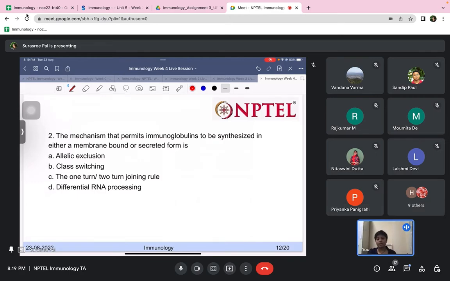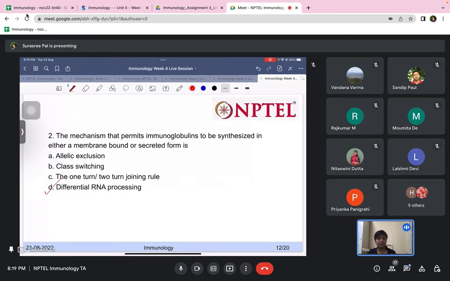Yes, the correct answer is differential RNA processing. Somebody answered class switching, but please remember, alternate splicing and differential RNA processing actually refer to the same event. One more thing is that class switching is for the production of several classes of antibodies and not the